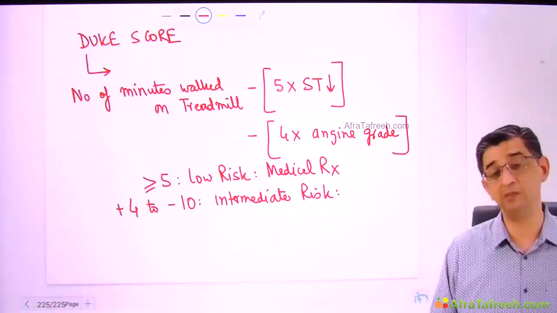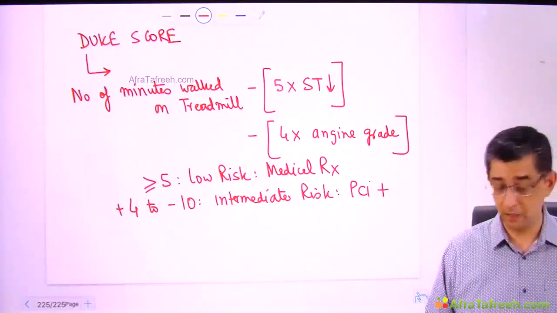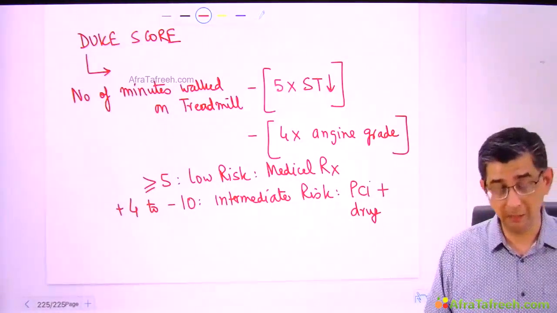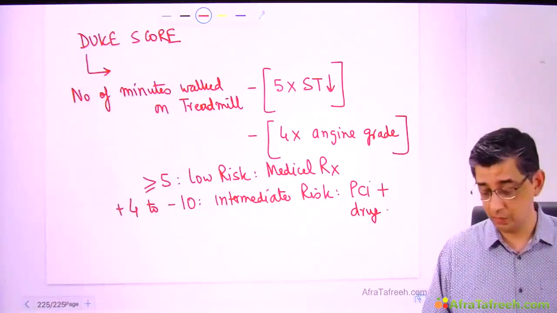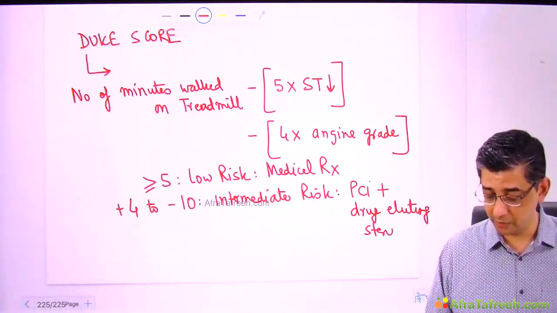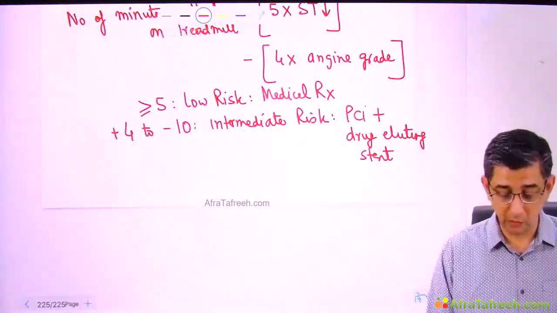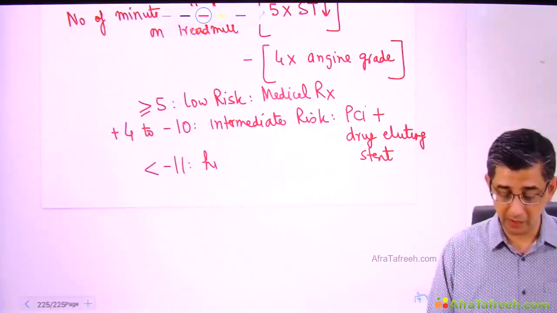So in these patients, we will do this procedure of putting a stent in the coronary artery. Like in Saurabh Ganguly's case, it was detected that he was having multiple blockages in a single artery only. So a stent had to be placed. So the message is that a drug-eluting stent will be deployed in people with a Duke score value of what I have written before you. On the other hand, if the score of the person is going to be less than -11, then this would be a high-risk person.